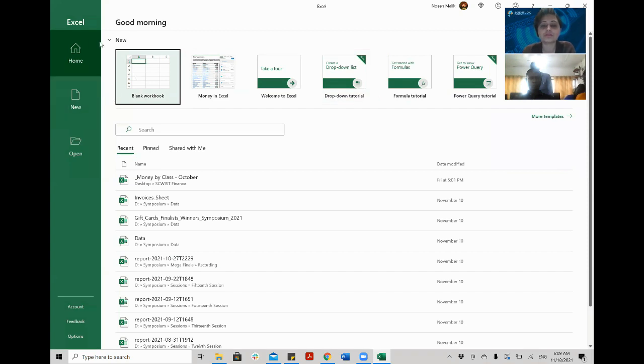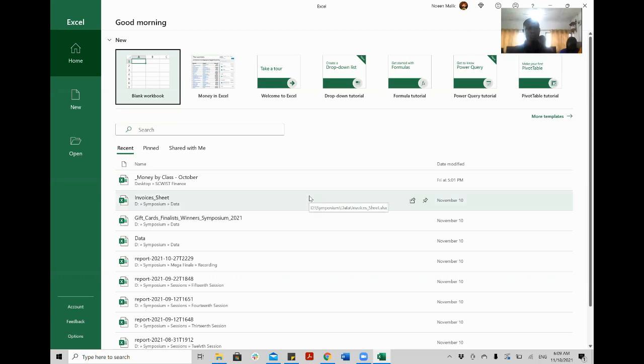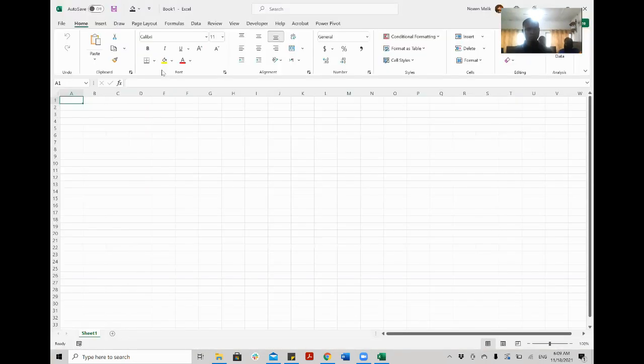When you open Excel, there is basically only one thing. Most of the time you use only one thing, and that is the blank workbook. It is very different from Word or PowerPoint, where you can see many other options. But in Excel, most of the time you are using one option. Though you can find many templates, it is always good to start with a blank sheet. So let's start with a blank sheet.